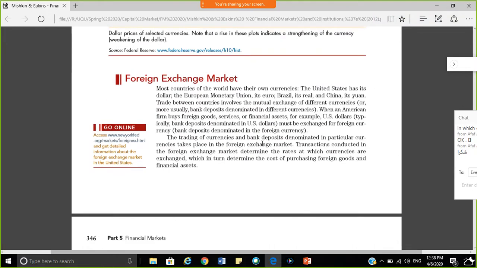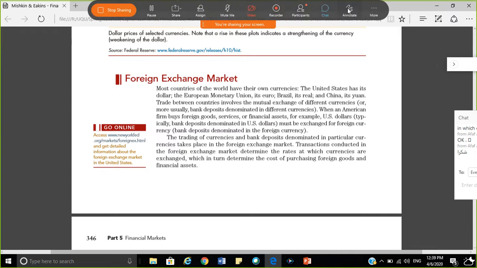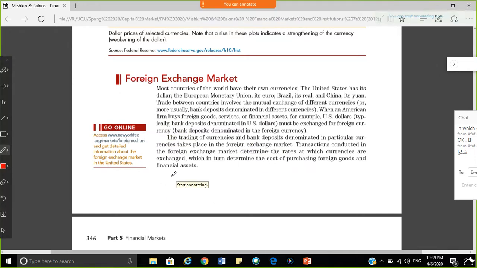So, you got the idea, the size of the market is huge. Even the foreign exchange transactions are more than the stock market. So, the foreign exchange market is the biggest investment market in the world. Now, let us have some discussion from the book, and then we will see the notes, because it is important to go through the book also. Here you can see on page number 345, there is a general description of foreign exchange,